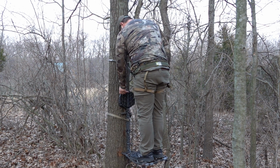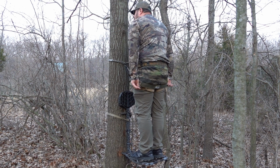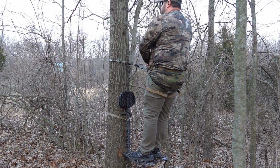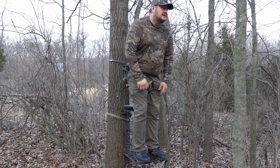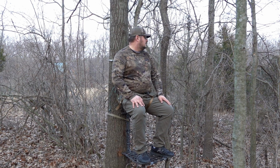So you guys know I'm a big fan of the Lone Wolf Custom Gear 0.5. I have a Novix Hilo. I think both of those stands paired with the TX5 Minimalist is going to be a great combo for a lot of guys. I've already used the Killdeer. You guys have seen that, and back in January I did a video on that. I actually hunted out of that,